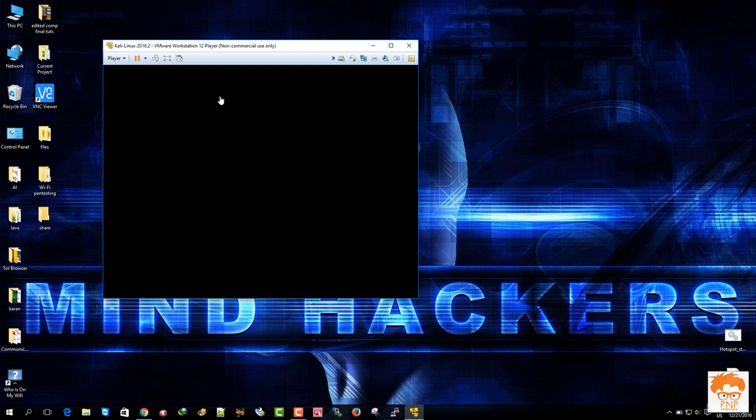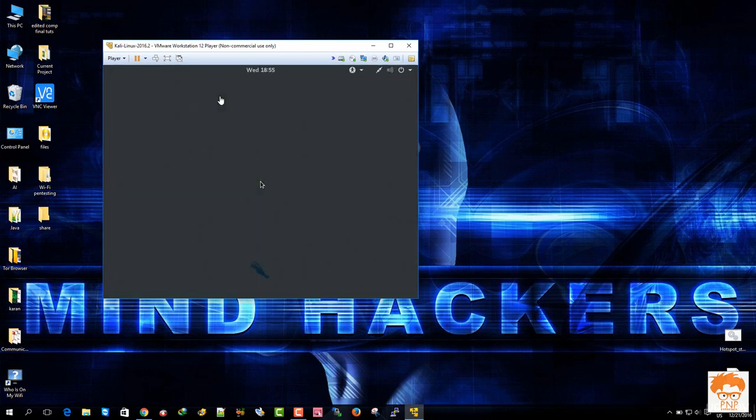The best way to provide internet access to our virtual machine is to use the LAN cable, okay? If you make use of an external USB Wi-Fi adapter, then you will only be able to use it one at a time. Either you can use that external USB Wi-Fi adapter for your laptop, or you can use it for your virtual machine. So it's better to use the LAN cable because it will provide internet access to both of the operating systems. Let me enter the default username and let me enter the password.